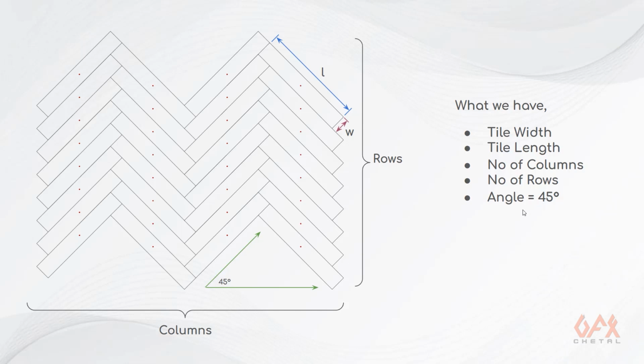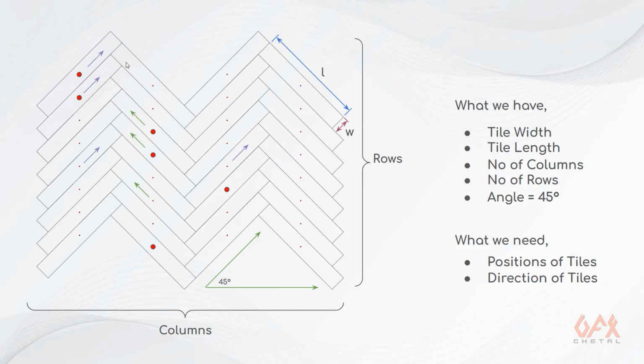Now the next thing, what we need. Okay, so what we need is the position of this tiling. Like this position we should know, we need to figure out, as well as we need to find out the direction of those tiles. Okay, so these are two tasks that we need to figure out. So let's start with our vertical spacing between two tiles. So if I project this vertical spacing over here in this particular area,